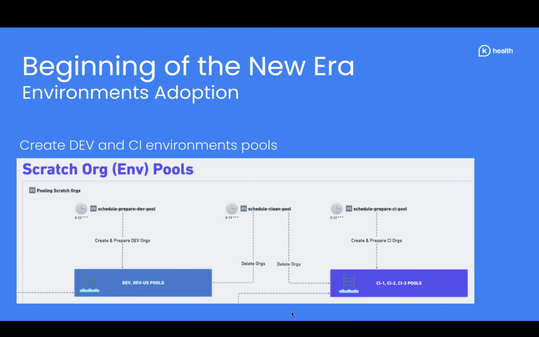In some timing it executes the prepare process, which cleans up old and stale environments and creates new ones, deploys everything there, and then developers and CI processes. In our use case, you will see also infrastructure processes can pull orgs that are fresh and prepared. They have all managed packages installed. They have all project files deployed there, like the metadata, classes, everything. Some post-install scripts are also executed there.